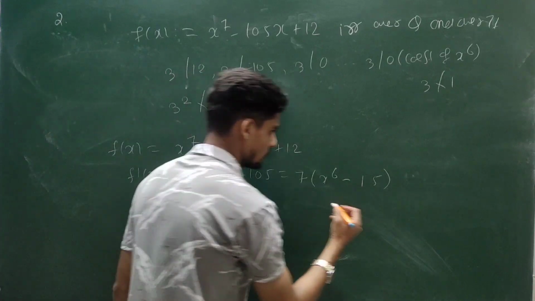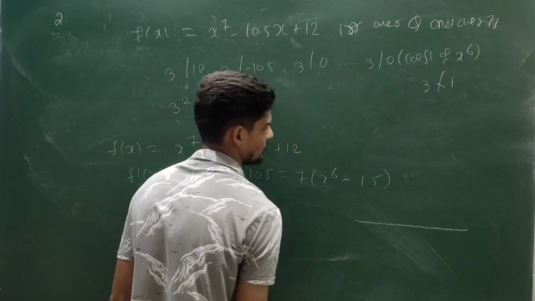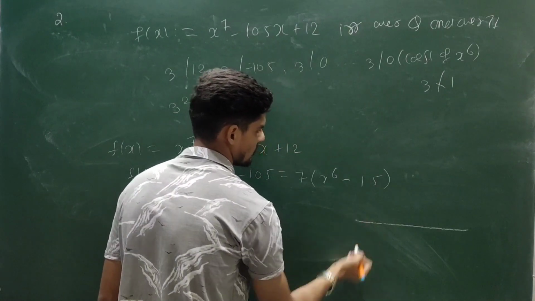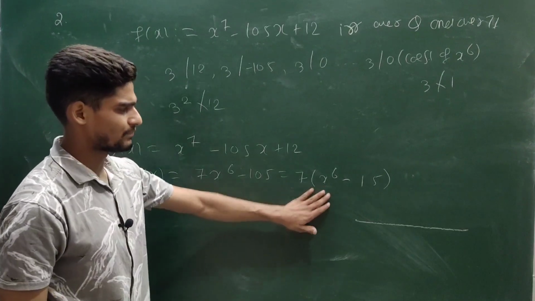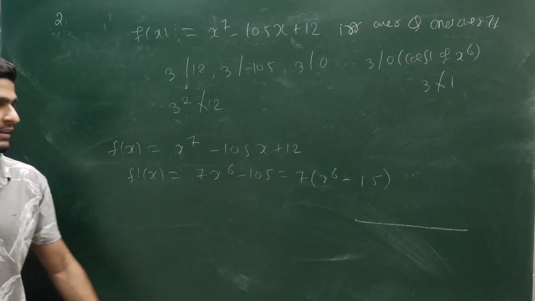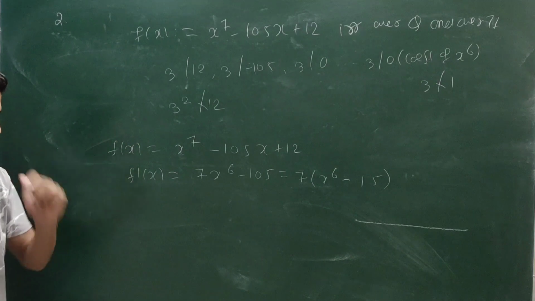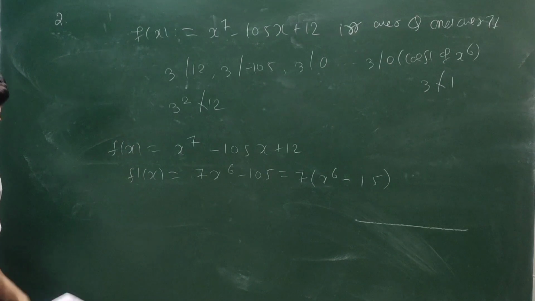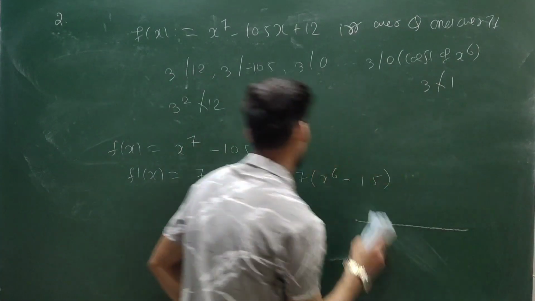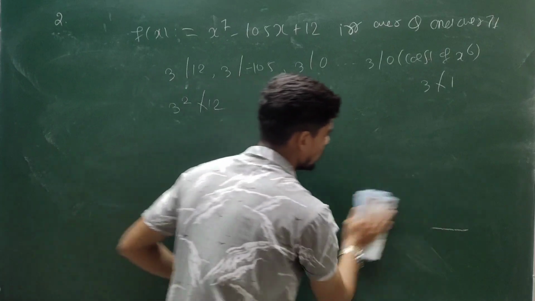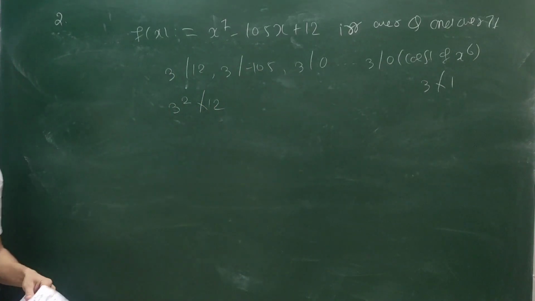Now let me draw here. I will have a little complication here. I have to find the 15 power 1 by 6. Now rather than doing this, I can do something more. Let me do those things. I can use the rational root criteria here. That will help me, and that will help me fast.